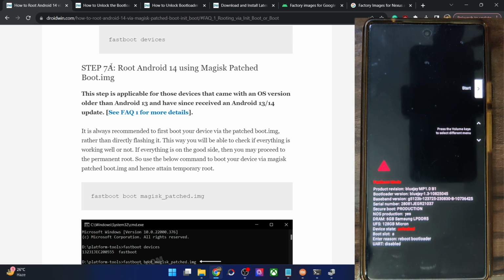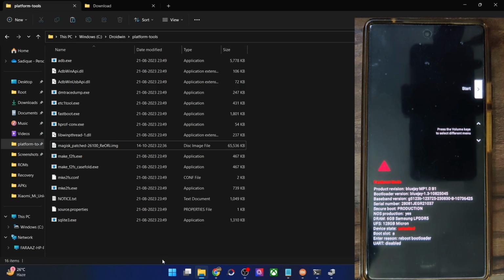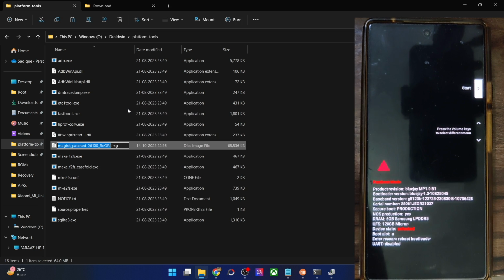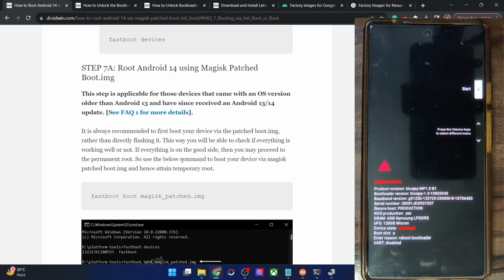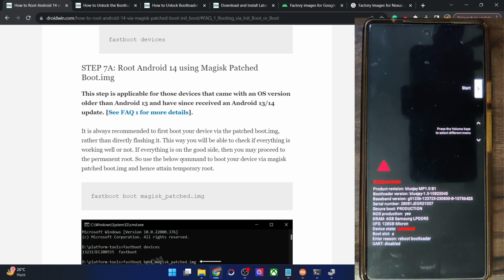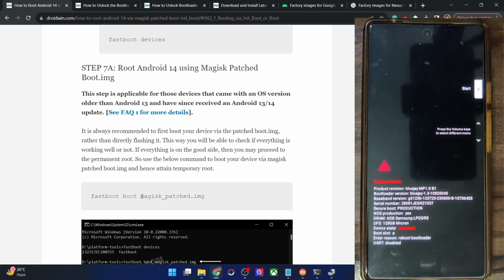As I have told you, we will now be using the boot IMG file. For ease of convenience, first and foremost, let's rename the Magisk patch file to something easier. Let's change it to magisk_patch, so that the complete name becomes magisk_patch.img. Now we could directly flash the file, but that's quite a risky approach. You should never do that. Rather, first you should temporarily boot your phone to the Magisk patch file, and if everything is working well and good, then you can move ahead and permanently flash the file.